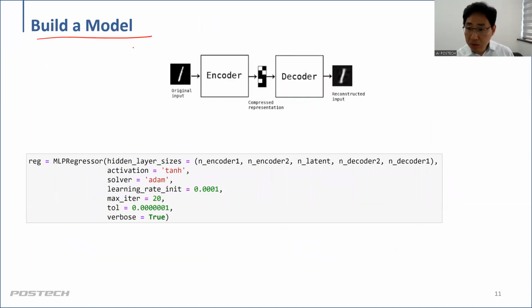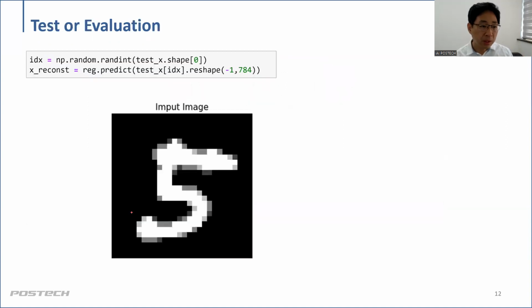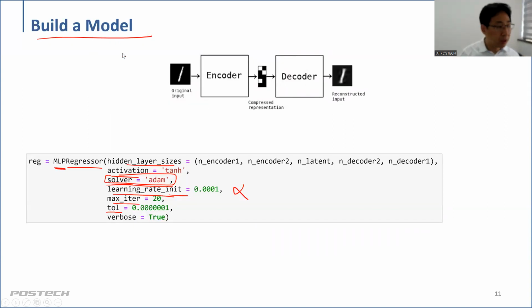Once we define the structure, we have to build the model. So it's an MLP regressor. It takes the hidden layer sizes, what kind of activation function, and what kind of solver we're going to use. I recommend the Adam solver, which is the most often used. This is the learning rate alpha, as you remember when we talked about gradient descent, and the maximum number of iterations, the tolerance, and things like that. And with that, let me switch to